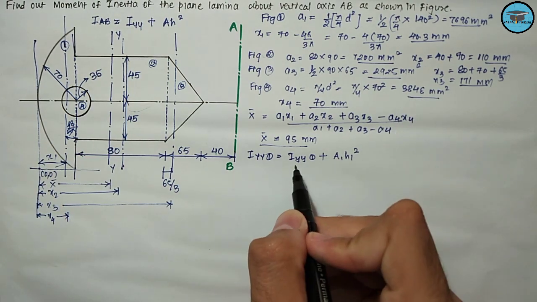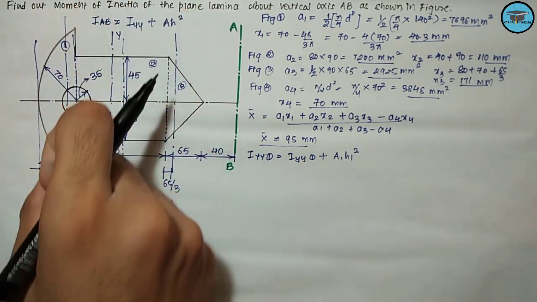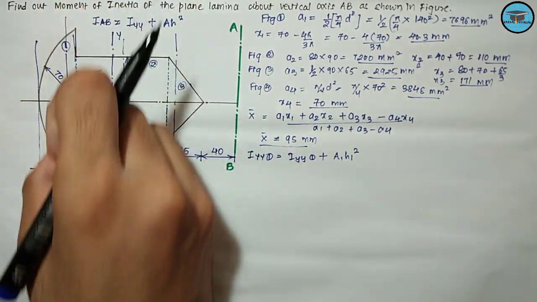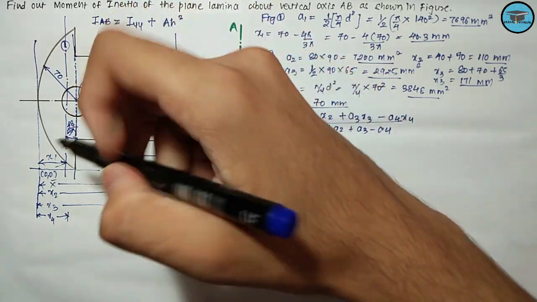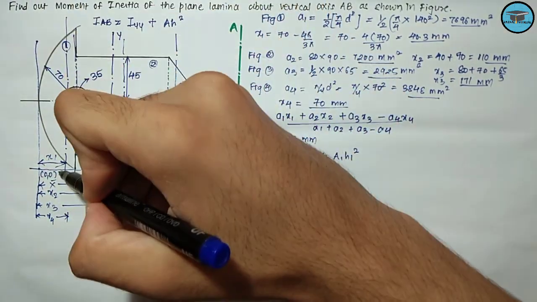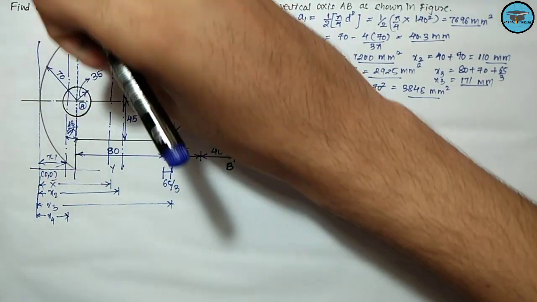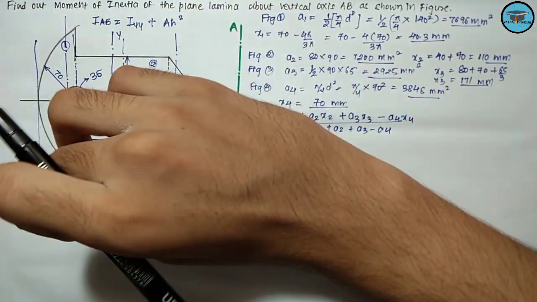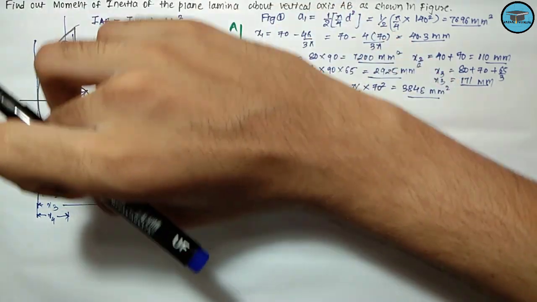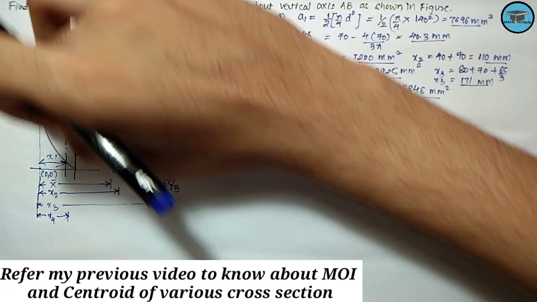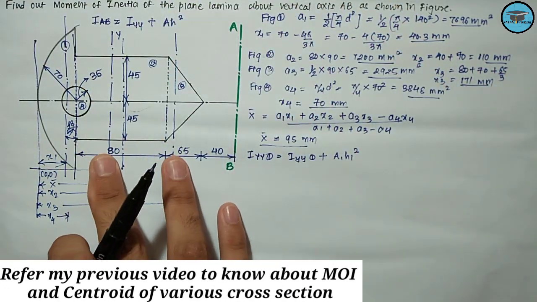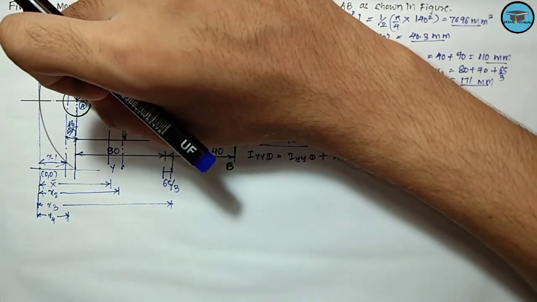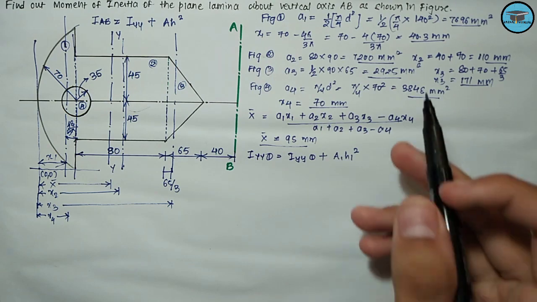Okay, Iyy1 is the moment of inertia about this axis, and we know the moment of inertia for the semicircular region. Actually, the semicircular region is somewhat like this, so this would be the x-axis for the semicircular region, not for this case. So the moment of inertia of the semicircular region about this axis can be given as 0.11 r raised to 4.